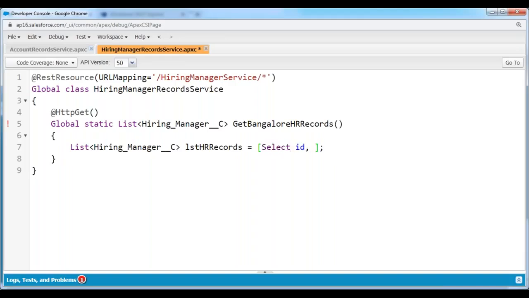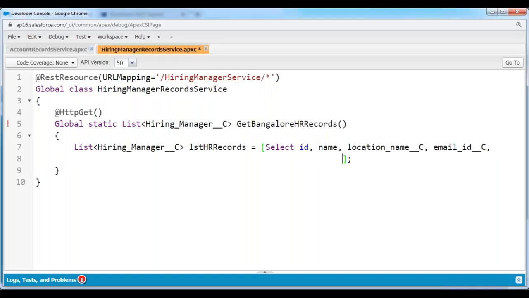Select ID of the hiring manager, name, location name, email ID, comma contact number, from hiring manager